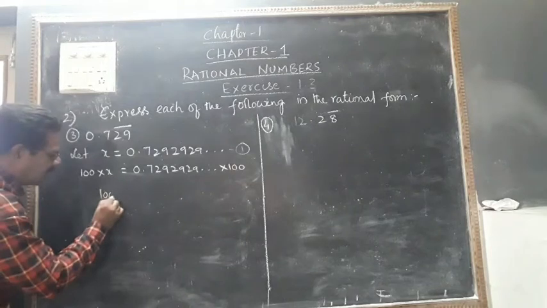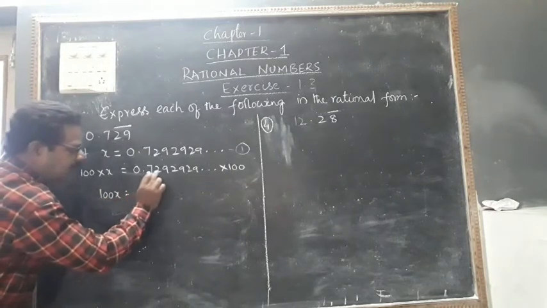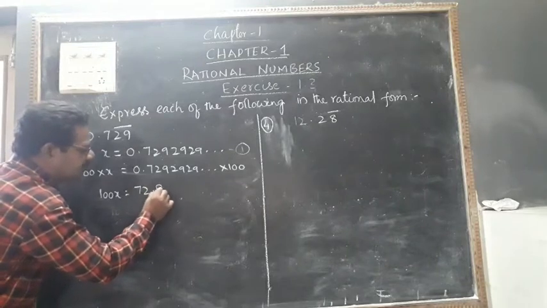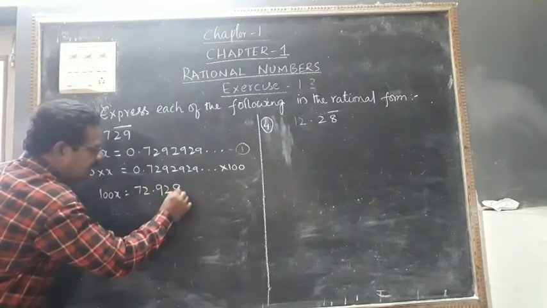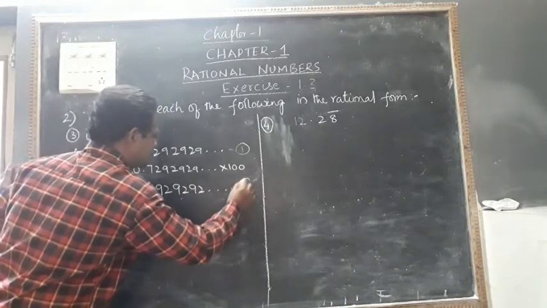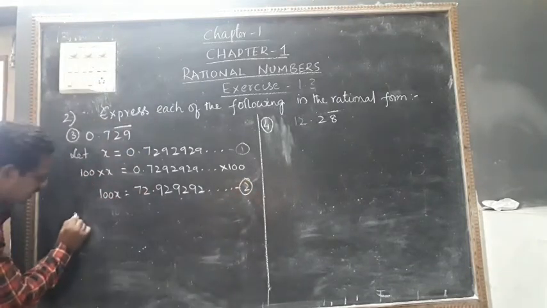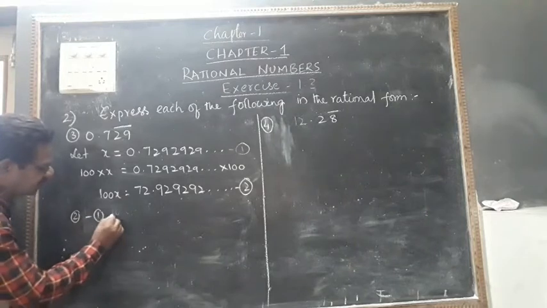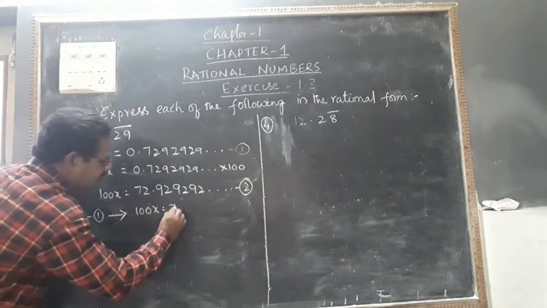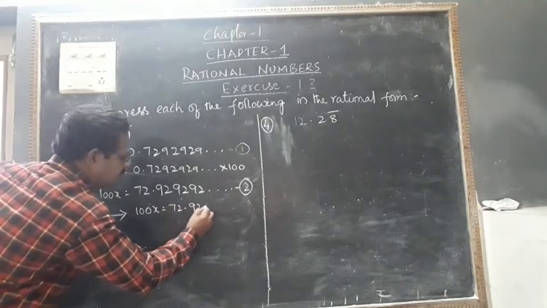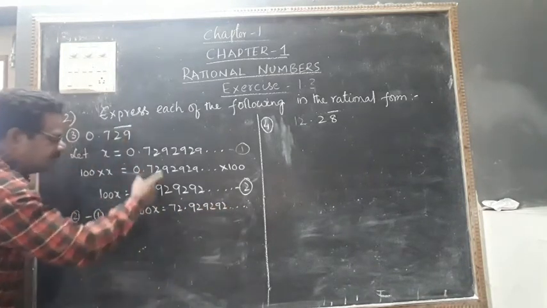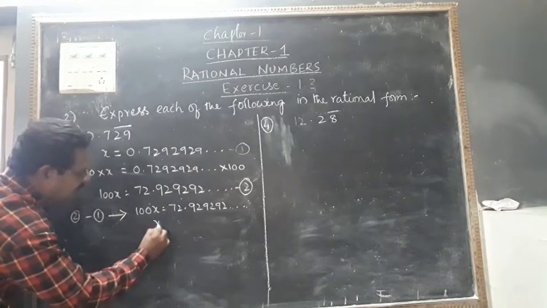Means 100x is equal to, the point will be jumping two digits, 72.929292 like this. This is equation number 2. So second equation minus first equation. 100x is equal to 72.929292. See, the pattern is changed. And x is equal to